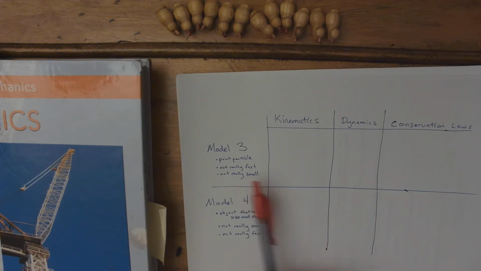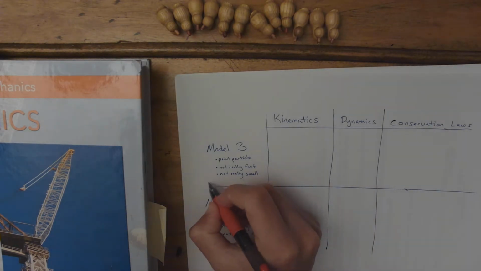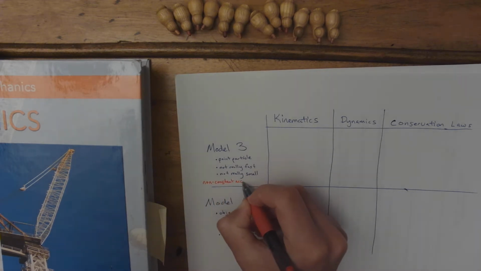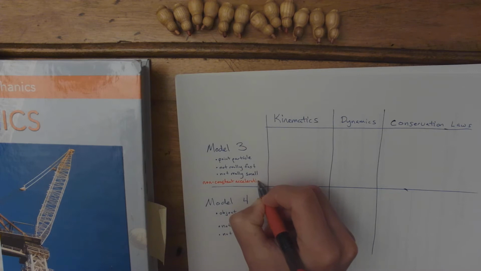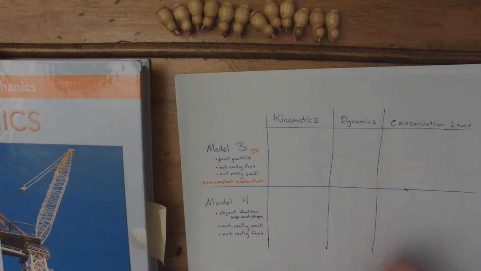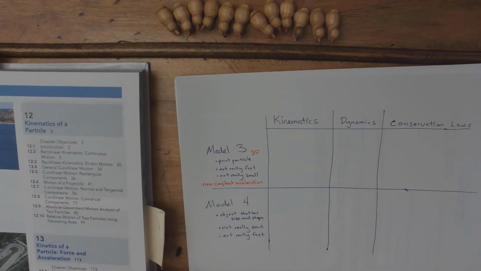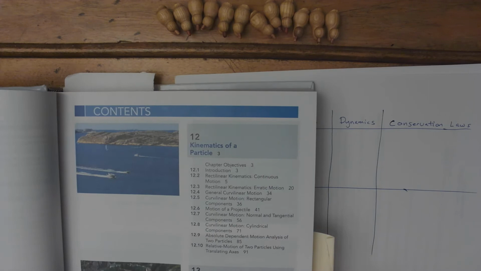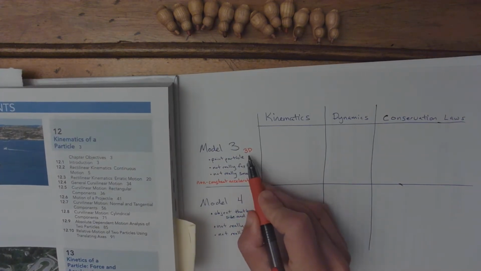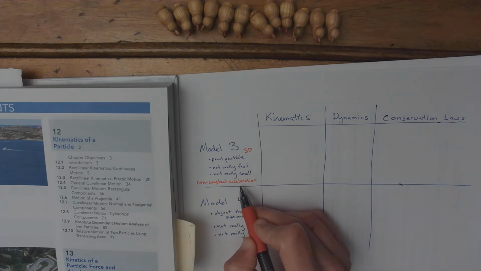In Model 3, the acceleration didn't have to be constant. The force didn't have to be constant, so we can say non-constant acceleration. And this was in 3 dimensions. And that's what we're going to start off looking at in dynamics. So in Chapter 12, we're looking at point particles moving in 3 dimensions, and the acceleration does not have to